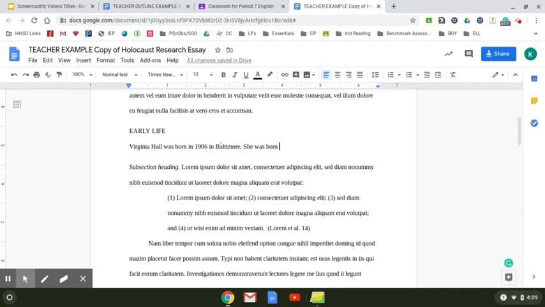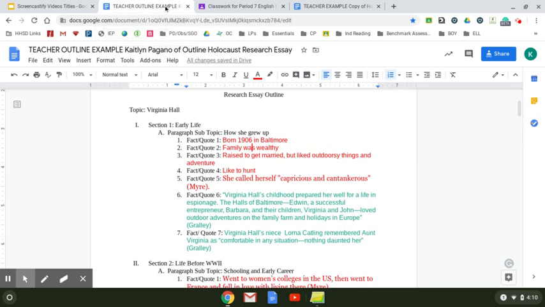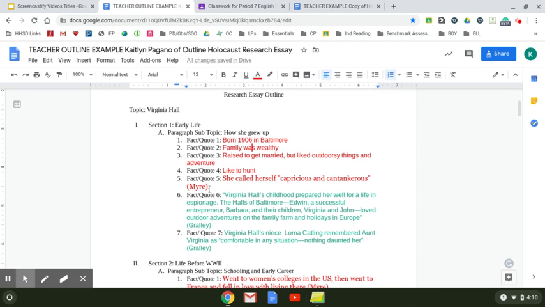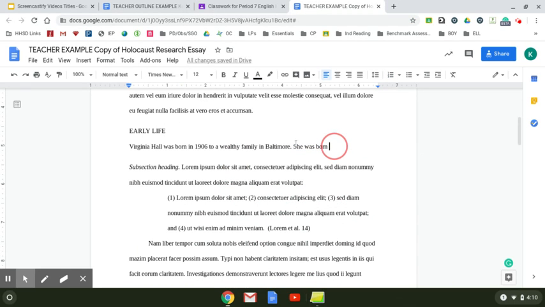She was born in 1906 to a wealthy family in Baltimore. Now this all comes from my first source, and the in-text citation for my first source was Meyer. So I'm just going to add that at the end.